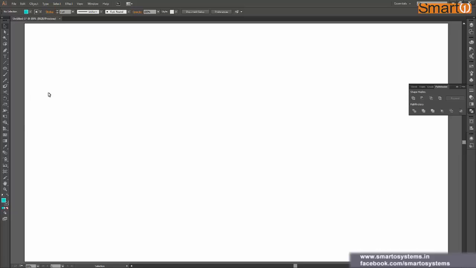this tool works. If you want to select the pen tool, you can either press P on your keyboard, or you can just click on this pen icon to select it. Now, at the bottom right-hand corner we have this arrow on the pen tool.